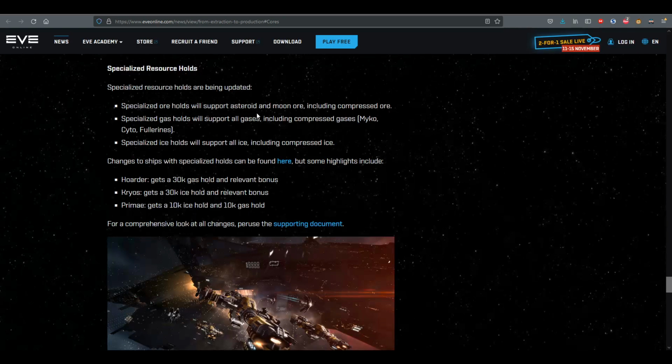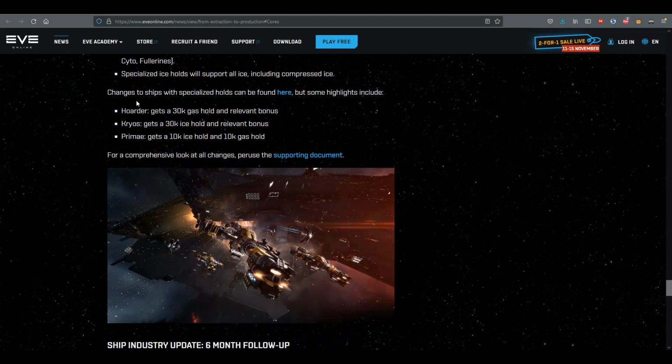So specialized ore hold will just mean you can carry moon ore as well as normal ore. Gas and ice just follow that. Changes to ships with specialized holds can be found here. Some of the highlights include...